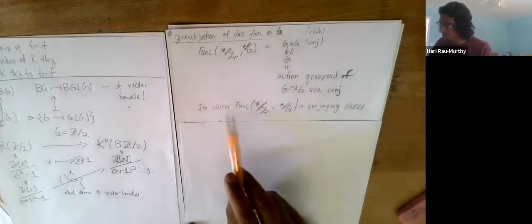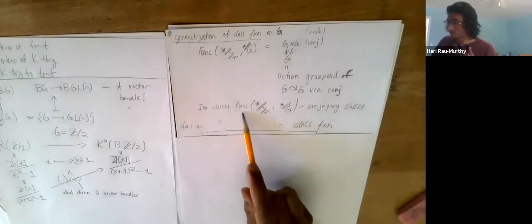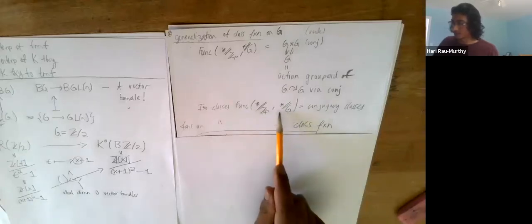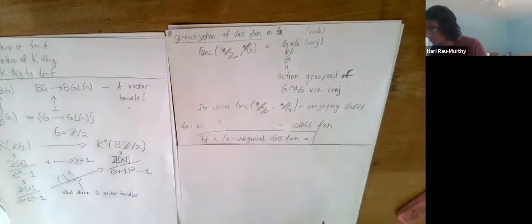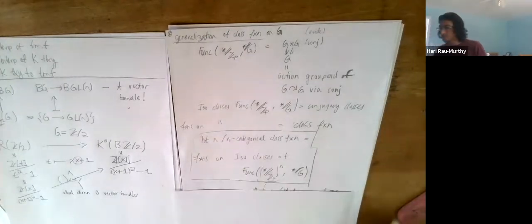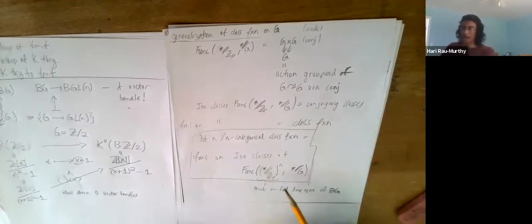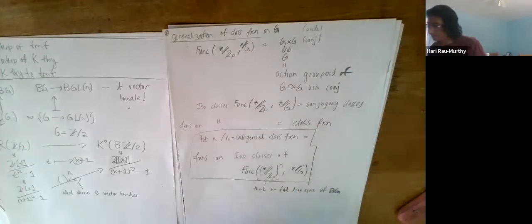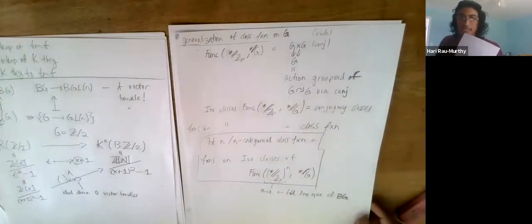So functions on isomorphism classes of this groupoid of functors from S1 into BG, that's sort of like the same thing as a class function. But if I want to generalize this to higher heights, what ends up happening is that a higher height class function is just like the n-fold loop space of BG. Now, this is one way of looking at it, but one. Sorry,